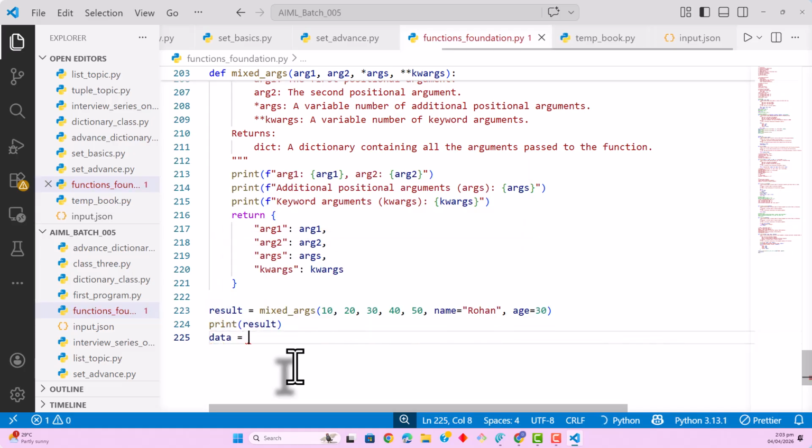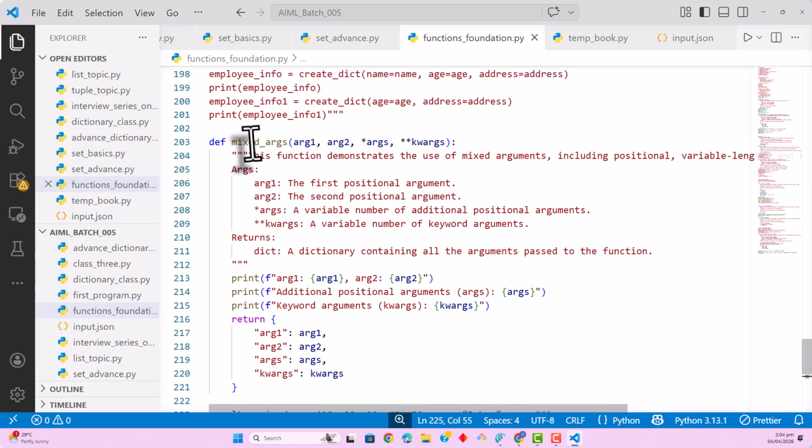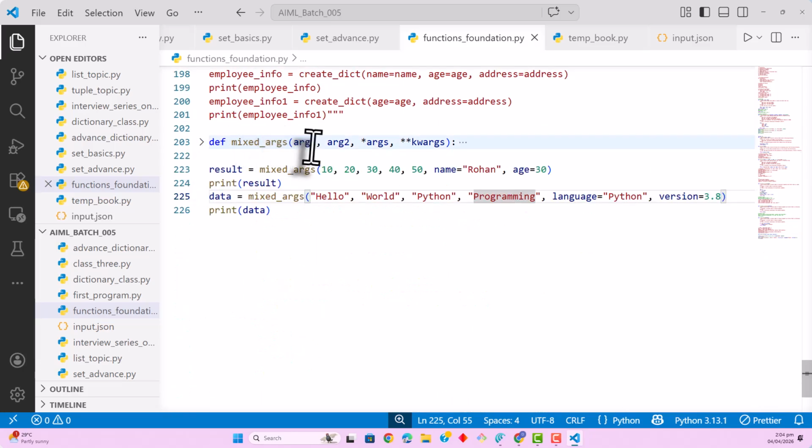Data equal to mixed args, where we are passing different types of values. Let's say hello is one string, world is another string, Python programming is also another string. So what will happen in this case? Based on our definition, what is the function definition? Arg1 will go to hello, arg2 will take world, and then this args will take the remaining